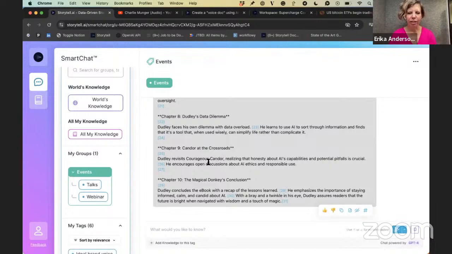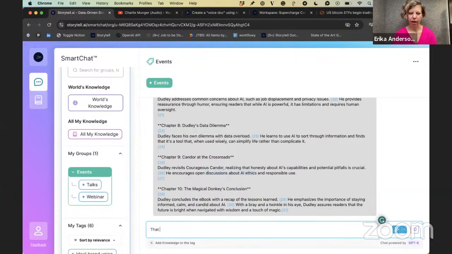And then revisiting Courageous Candor, and using that to have open discussions about AI ethics, and recap, staying calm, etc. So that was an excellent outline. Please use it to write an entire ebook with in-depth, lengthy chapters as per the outline above.